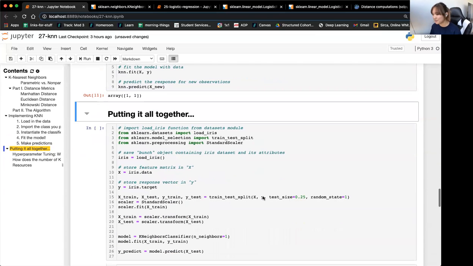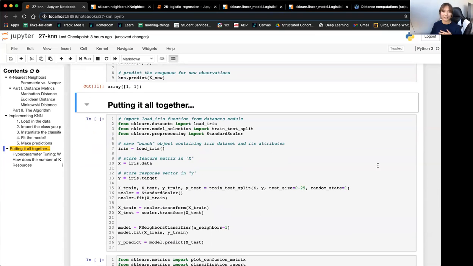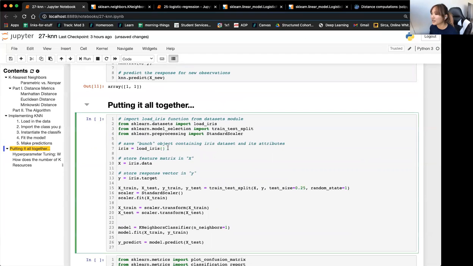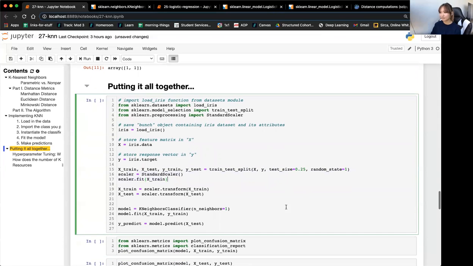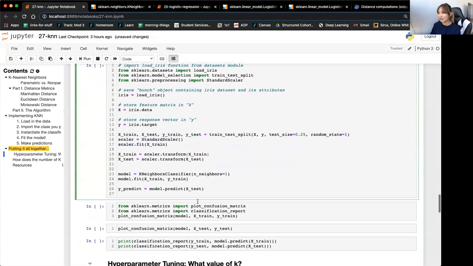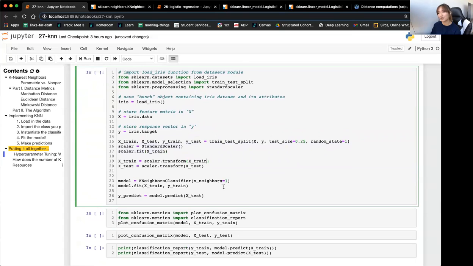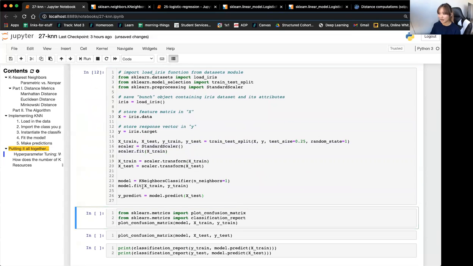All right, so just to put it all together, and I just put the code back here again. What I'm doing here: loading in the data set, storing X and Y, doing my train test split. I'm also scaling my data, and I'll talk about scaling after this. So scaling my data, fitting the scaler on X train, transforming it on both. And I'm just going to train a classifier to predict with one nearest neighbor and get our predictions on the